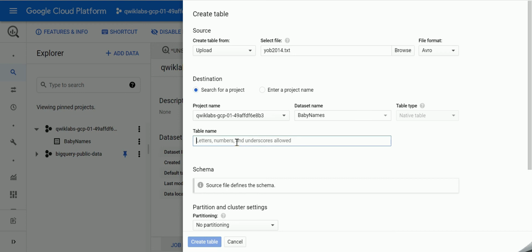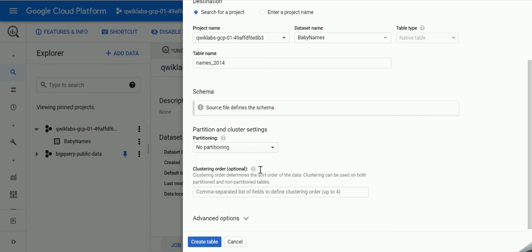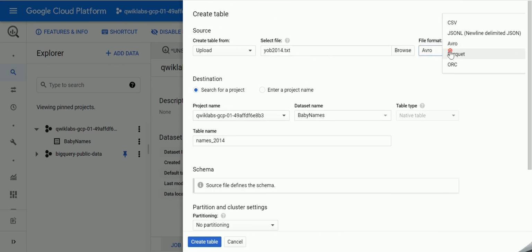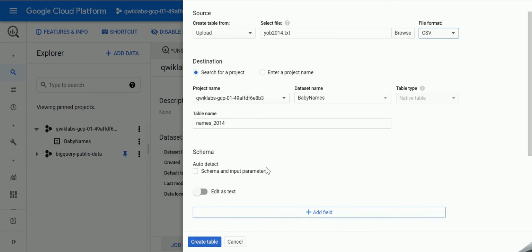I'm giving the table name names 2014, and it is in the CSV format.